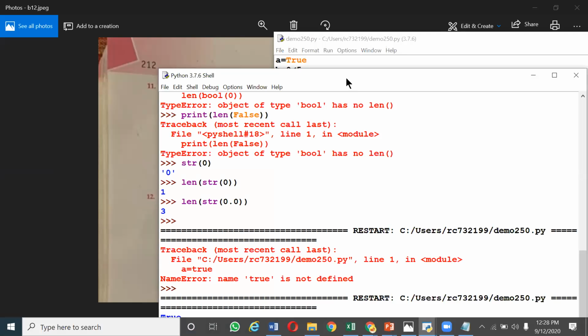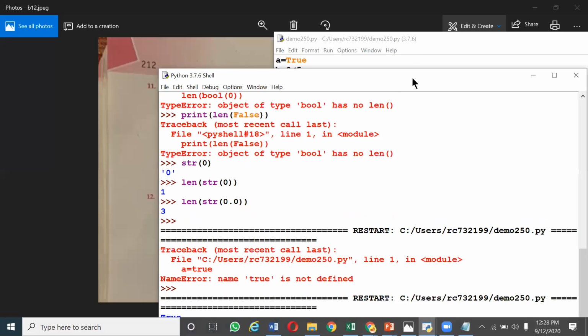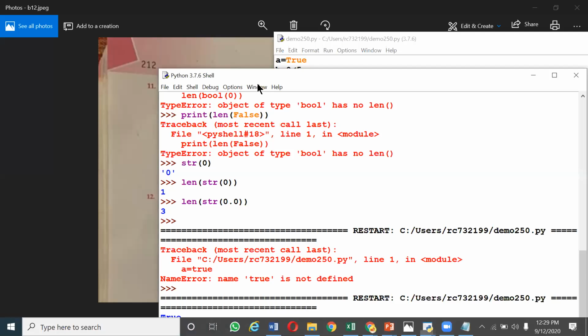So you will get the output as true, true, true, all true. Since you are doing the initialization in the Python itself, even the string refers the same memory location.